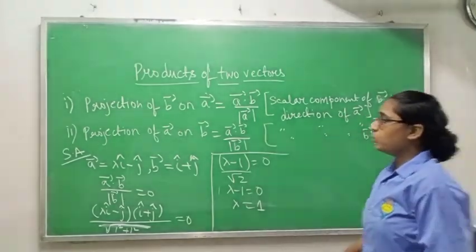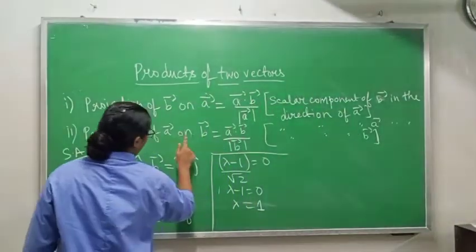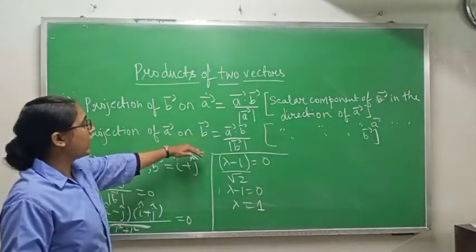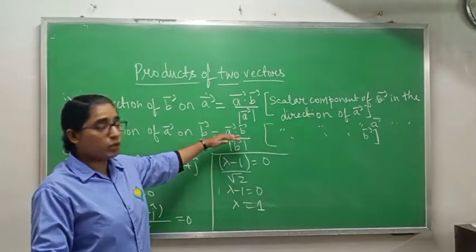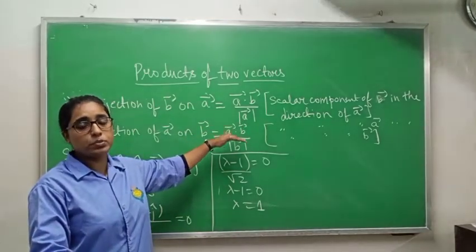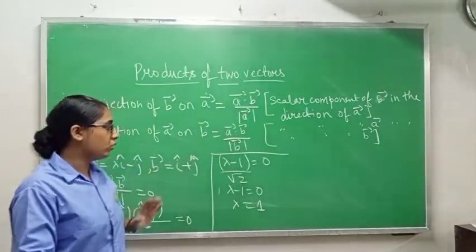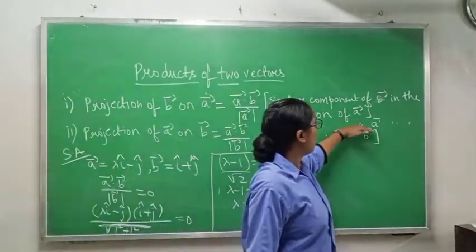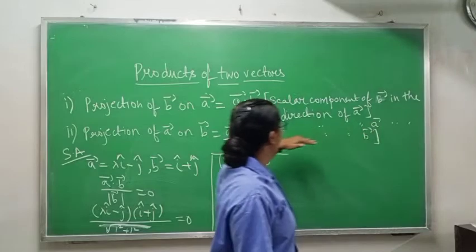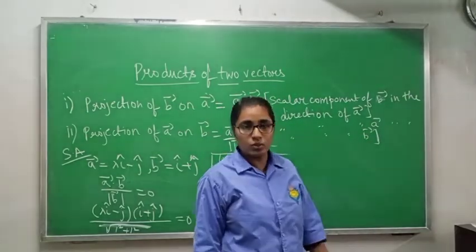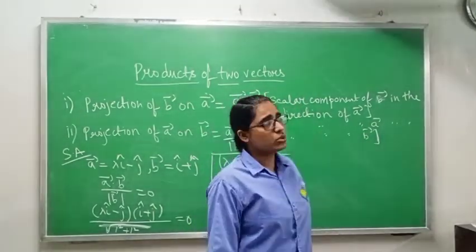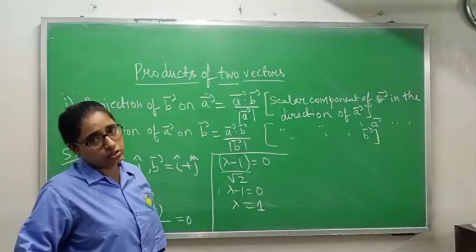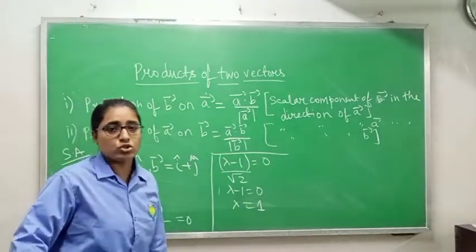Okay. Now projection of A on B. At that time when it is on B, then the formula is A vector dot B vector by mod B. So same thing, you have to write a scalar component of A vector in the direction of B vector. Okay, I am not writing it two times, you can write it on your own, or you can go to the summary. It is given already in point 2 in the summarization part.